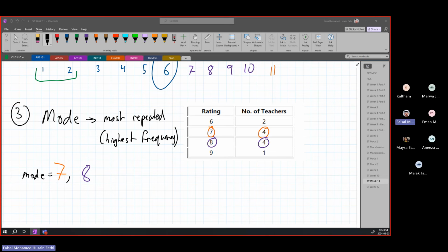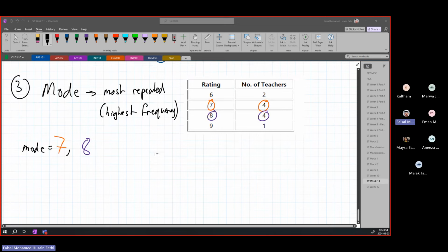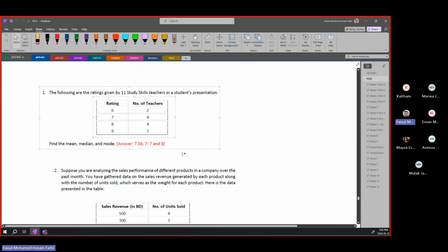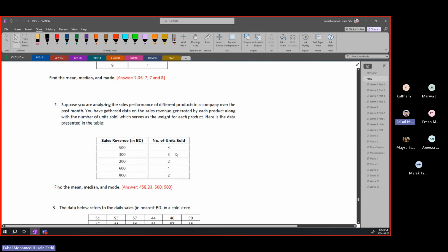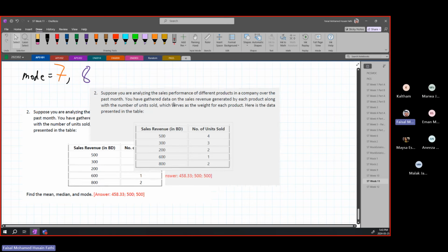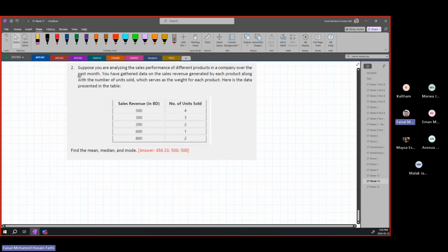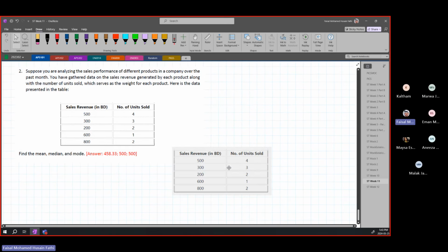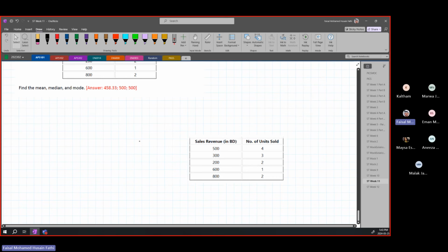Moving on to our last set of data, or actually, let's do one more question similar to this. Yes, this one, where it's not ordered, so you guys can understand what you have to do when you're solving if it was not ordered. So again, you're given your table over here for this question. We need to find mean, median, mode. So the mean,